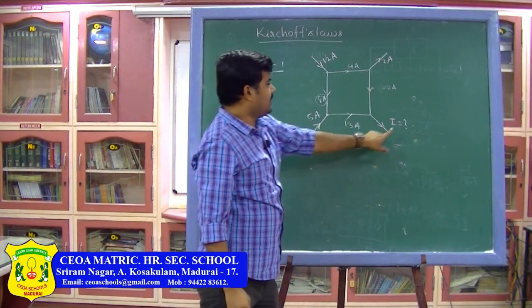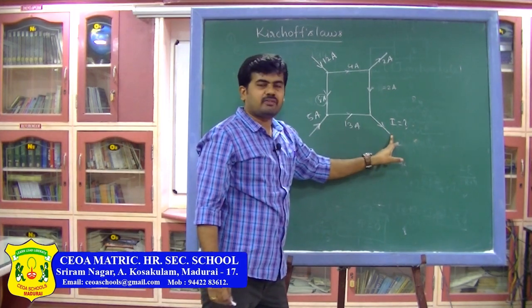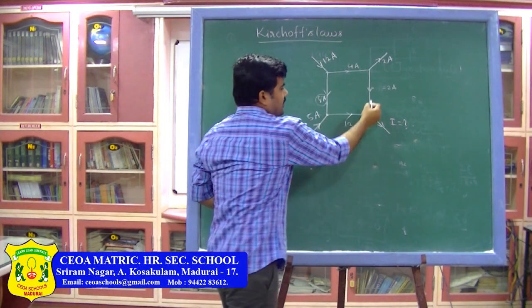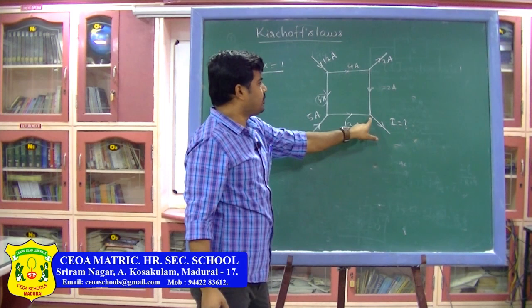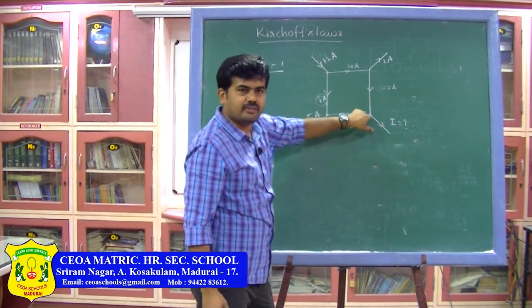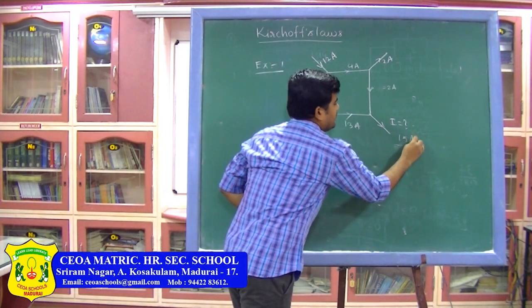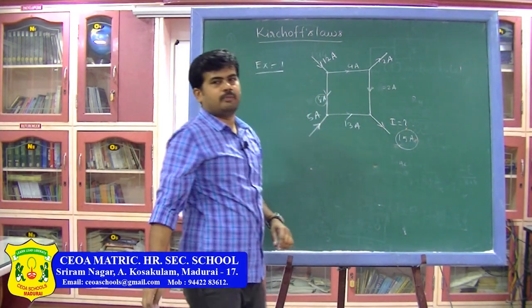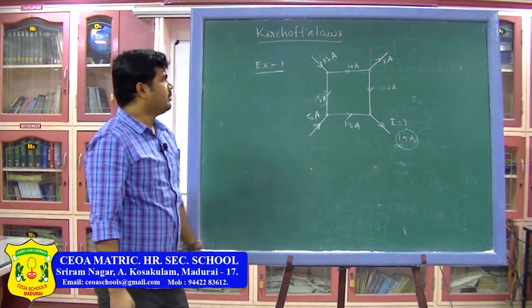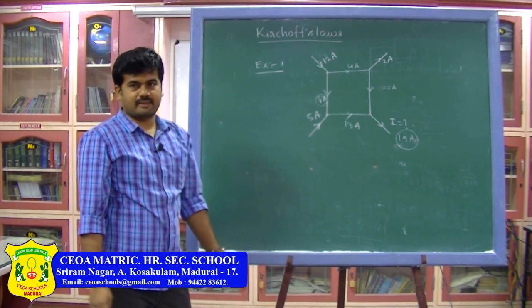Now, our requirement is this I value. So, the current which is moving away from this junction we have to find. Now, again applying the junction rule for this particular junction, 13 amperes and 2 amperes both are approaching this junction, 13 plus 2, that is equal to 15 amperes, which is the required answer for this problem. So, this is one important method in Kirchhoff's junction rule. Now, one more example let us discuss.